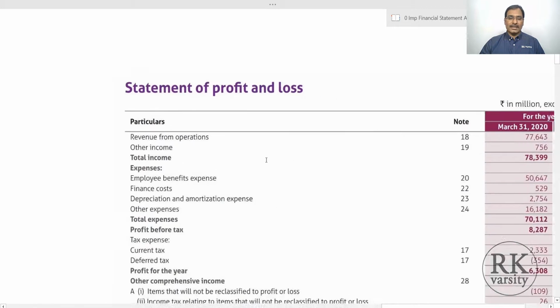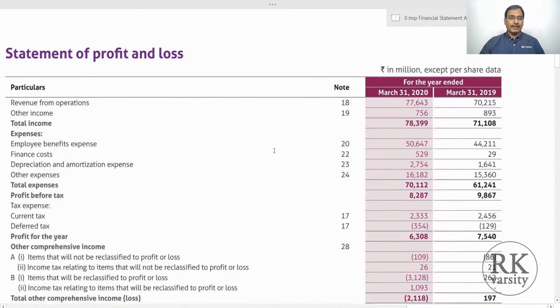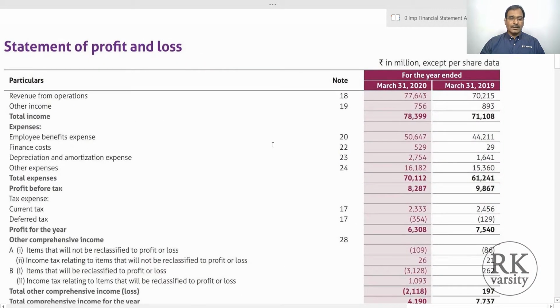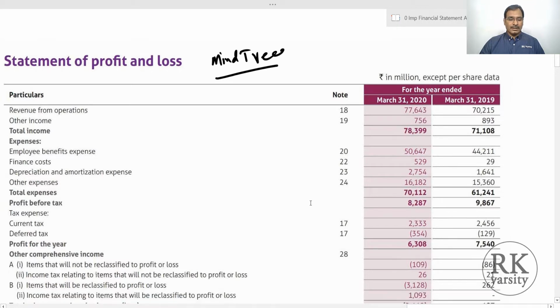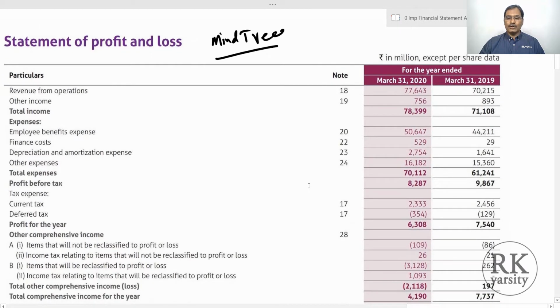Now we look at another example. This is an IT enabled company. Why I picked an IT enabled company is, in case of information technology companies, the investment on plant and property will be comparatively less when you compare it with capital intense companies like BHEL. So this is the profit and loss account and balance sheet of a company named Mindtree. It is an IT services company in India, and all the amounts are in rupees million, and here you have data for 2 years, 2019 and 2020.